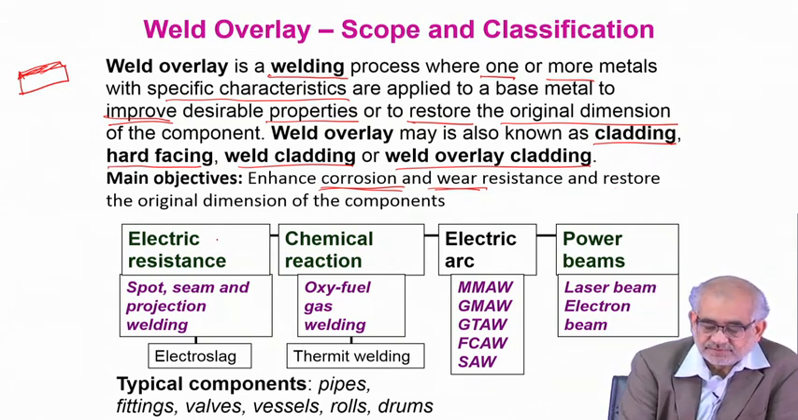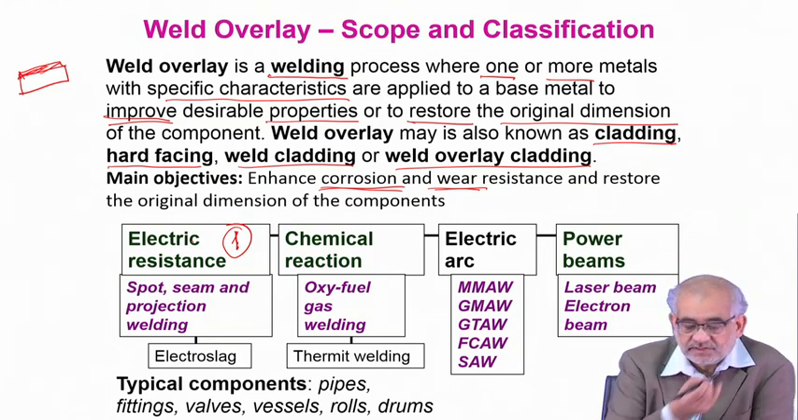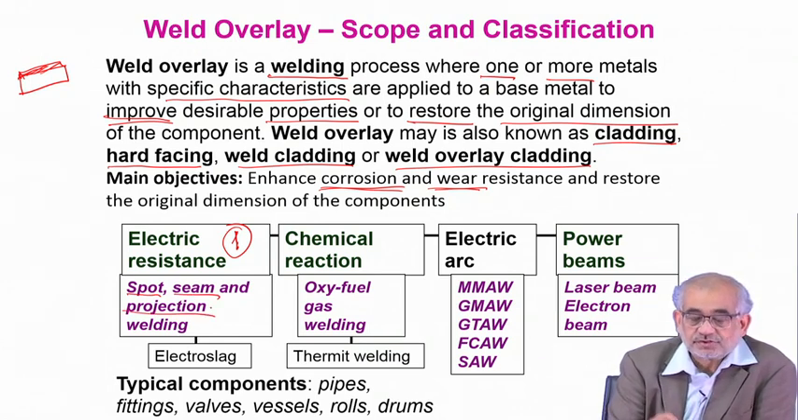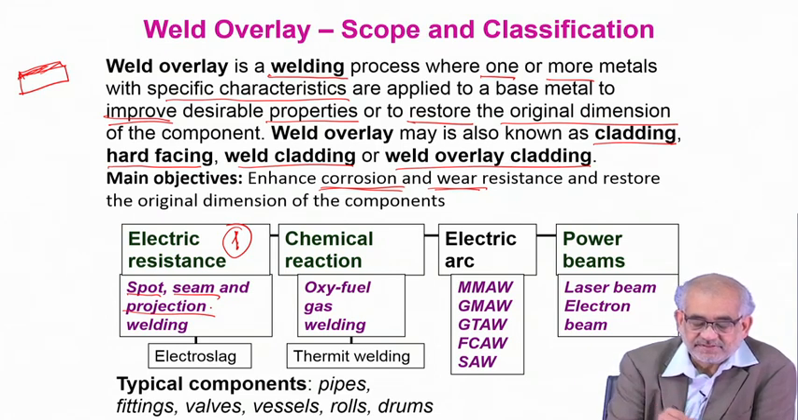We can do such processes by, let us say, the fusion process, which we can achieve through electric resistance based heating. So I squared R T kind of heating process. Typical methods would involve a spot or a seam or a projection welding. So the electric resistance leads to fusion of maybe powder, maybe a seam, or maybe a wire, but basically they are projected onto an existing substrate and then